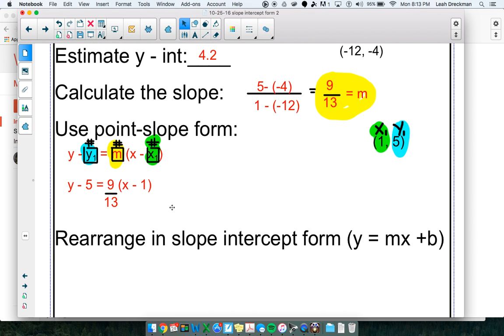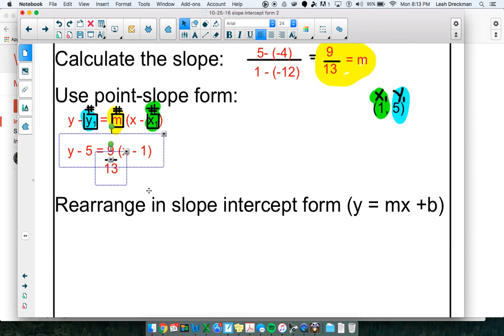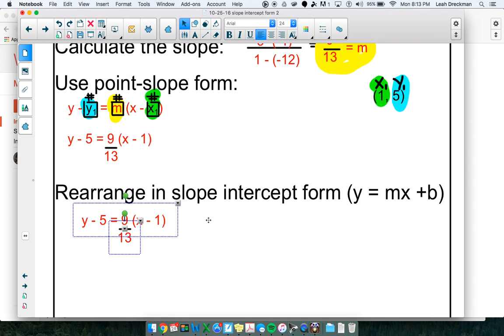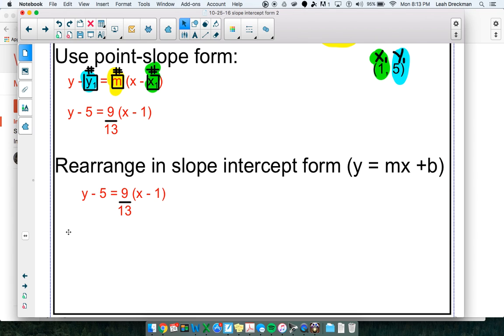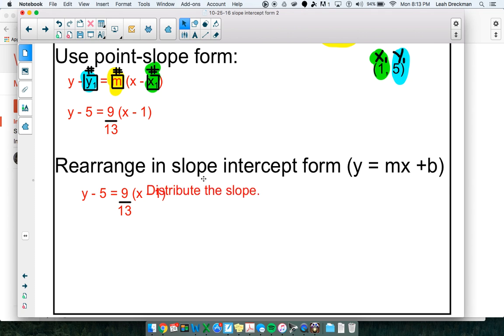So I'm going to take this same equation. Oops. And we're going to rewrite that down here. And what we're going to do is two things. All right, first thing we're going to do is distribute. Distribute the slope. I would put that in the notes. All right, so if I distribute the slope,